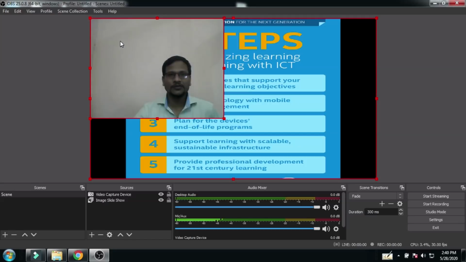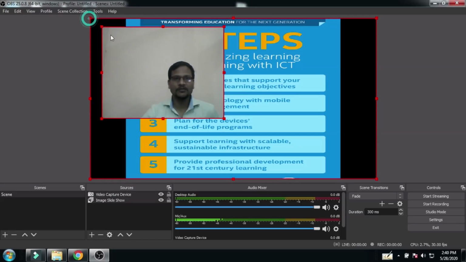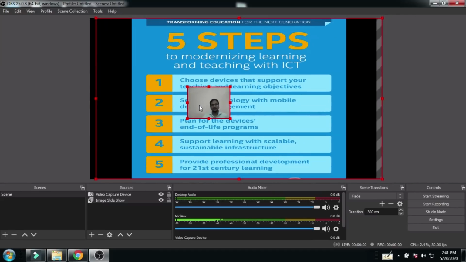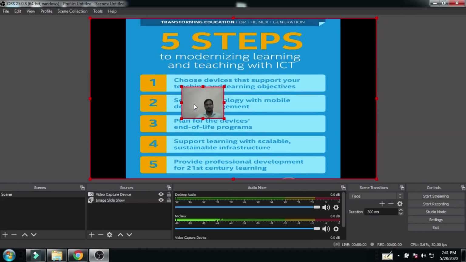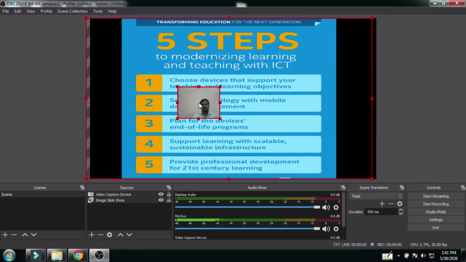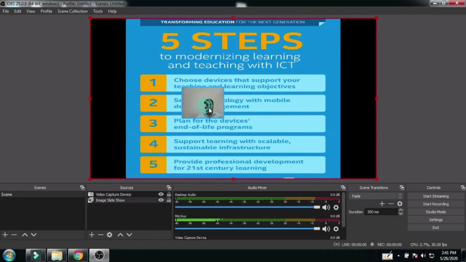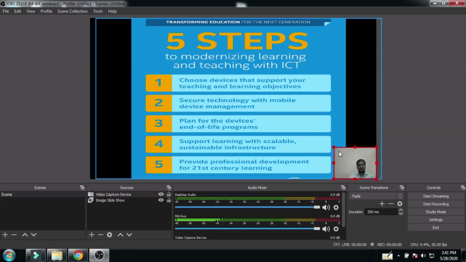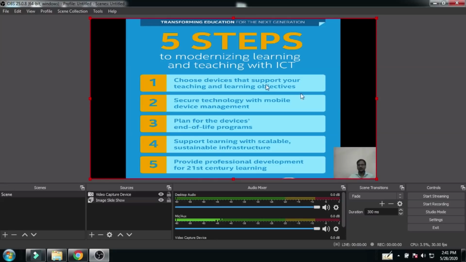Now you have to decrease the size of the face and move it to the extreme left or right side, depending on your interest. Click on this image and move it to the extreme lower side. Then start your recording.